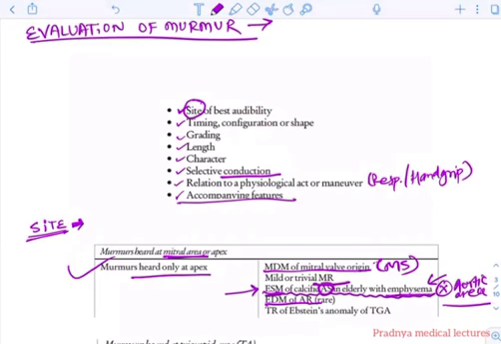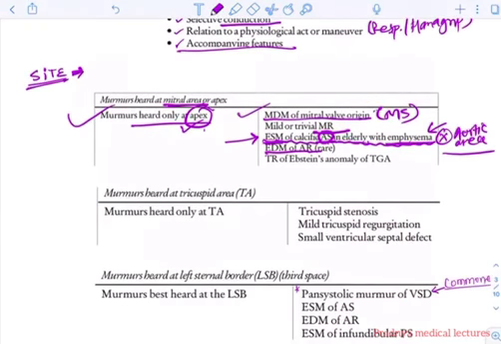What happens in this is, as the patient is emphysematous, there is a very large gap between the chest wall and the heart, and only the apex can touch the chest wall. That's why the systolic murmur is more appreciable at the apex, where the heart is close to the chest wall. That's why in calcific AS in the elderly you will hear the systolic murmur in the mitral area. So these are the murmurs which are heard best in the mitral area.